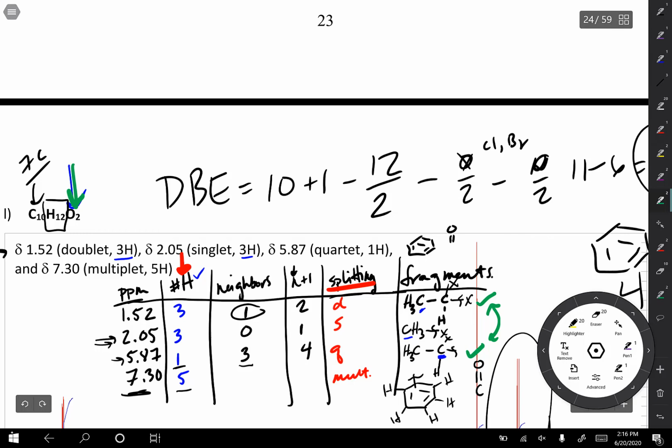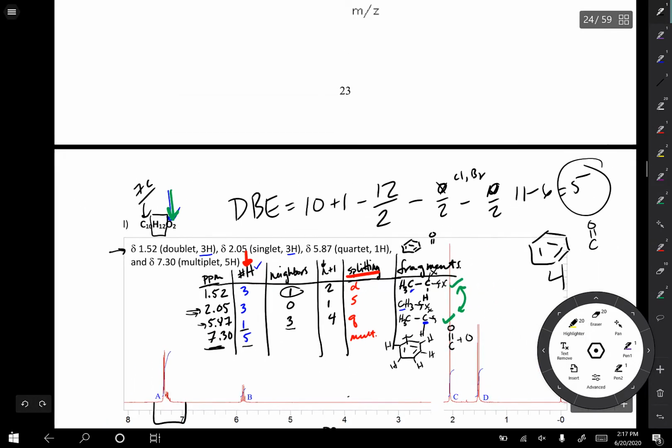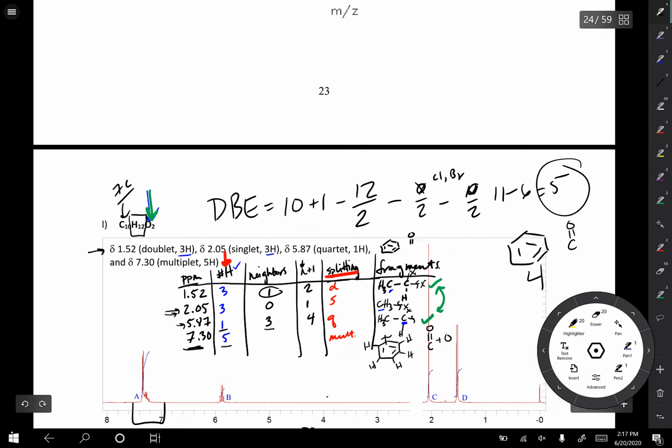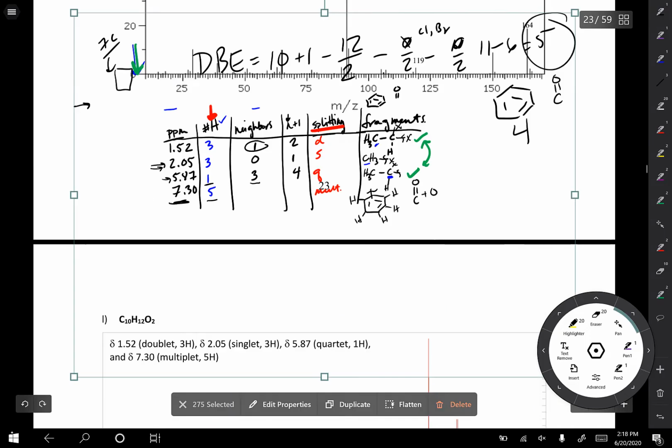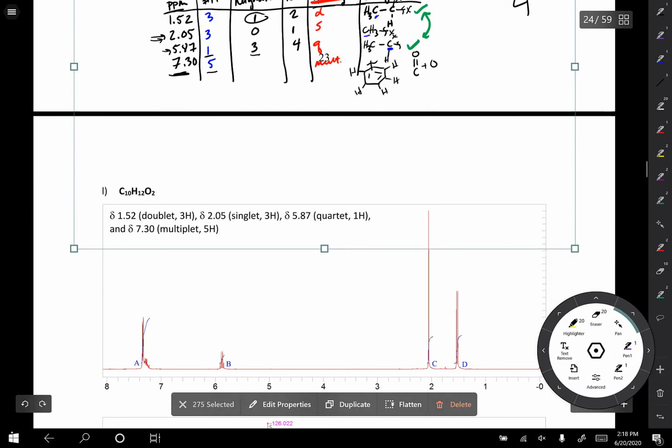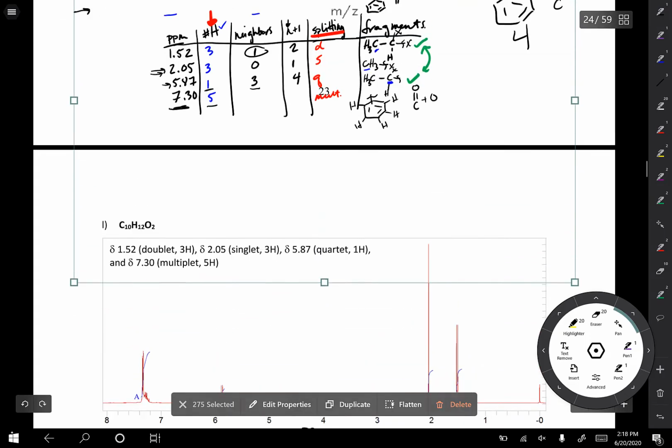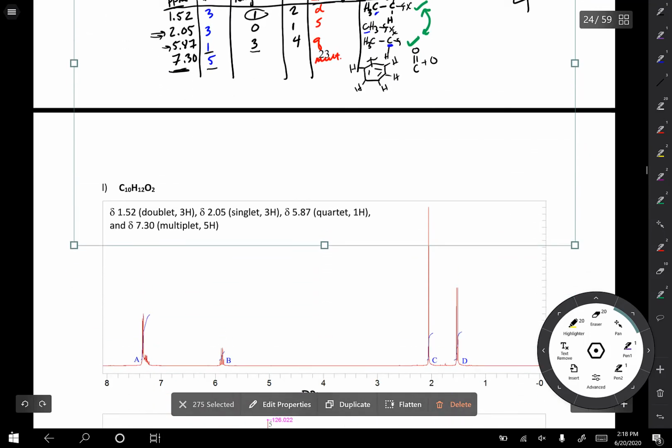Okay, so we have carbonyl. We also have an oxygen somewhere. Well, let's figure this out. Let's figure out how we're going to combine these together. Let me move this up real quick. All right. We're going to move this up. Now what we're going to do is we're going to label this NMR. And this is more of what you'll be doing on the quiz. Once you kind of have your work figured out, now you can go ahead and go in and